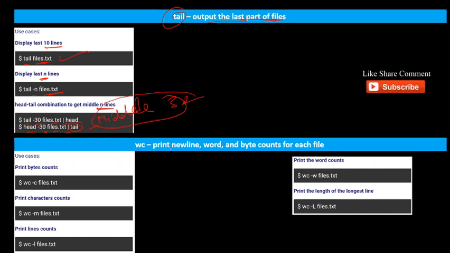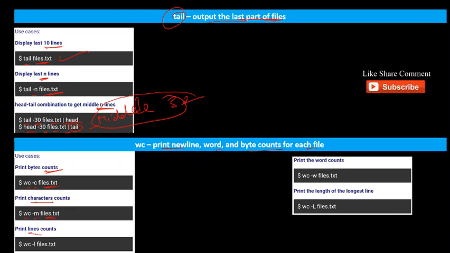And wc is used to print newline, word, and byte counts for each file. If you want to print the byte count, you can use wc -c file.txt. And if you want to print the characters, you can use wc -m file.txt.